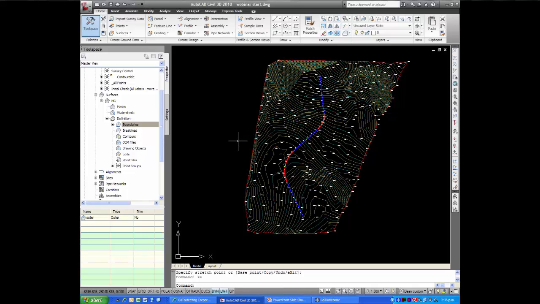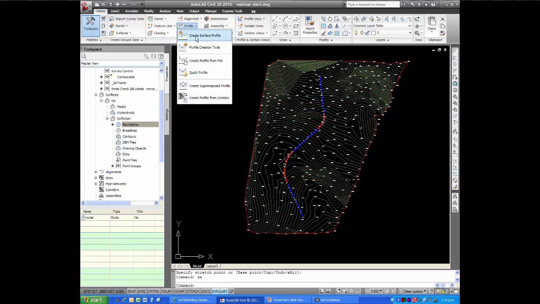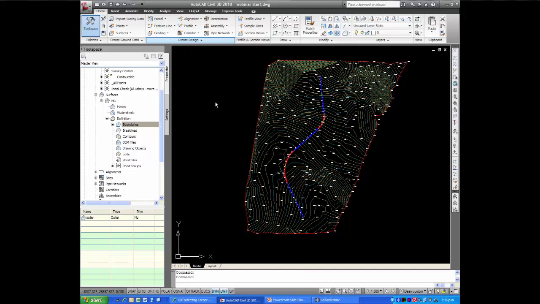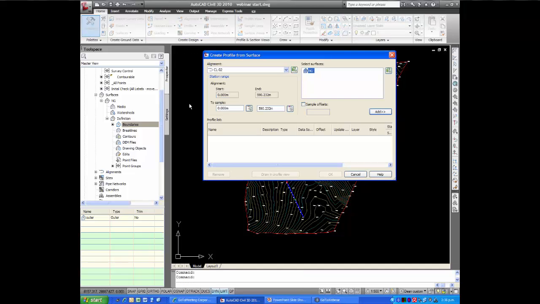That being done, we can create a profile or a long section from that alignment. So we go back up to the ribbon, create surface profile. One thing about the ribbon you'll notice, if you hover over a command for long enough, you get a nice big help description of what that command does and how you use it. It's very, very useful. In fact, I think that's one of the best parts of the 2010 ribbon, is that it's very, very user-friendly for new users. So I'm going to go create surface profile,